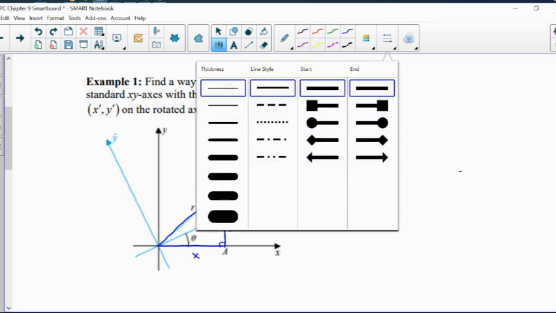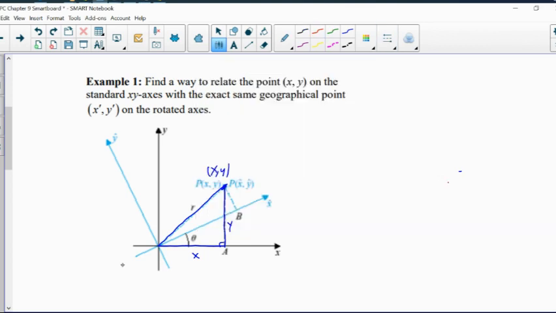Now, if I could somehow rotate, and if I could somehow come up with a different axis, a different way to measure a vertical and a horizontal distance. That's sort of where this new axis comes into play. I printed out, it's like x hat, y hat. I'm going to call them x primes and y primes to indicate it's the same geographic point, but now your x prime is in this new direction. I haven't identified what theta is yet, but if I measure it in this direction,